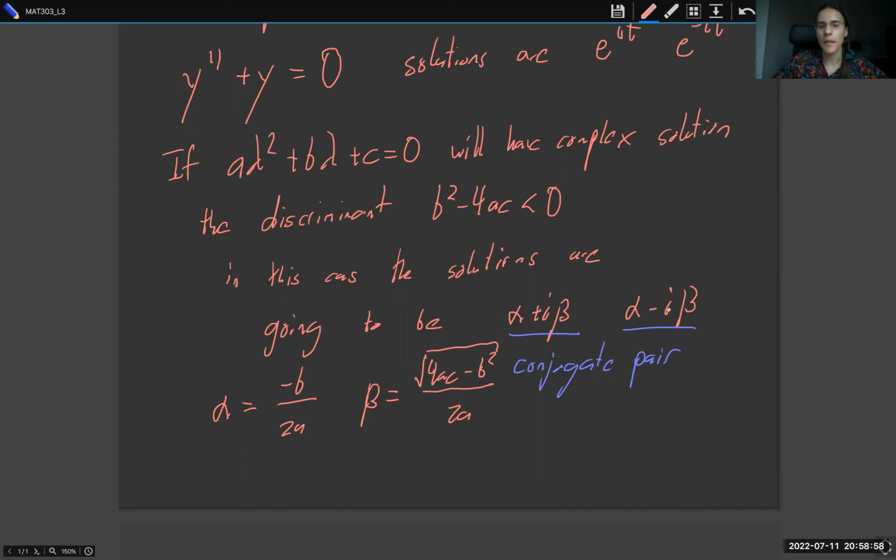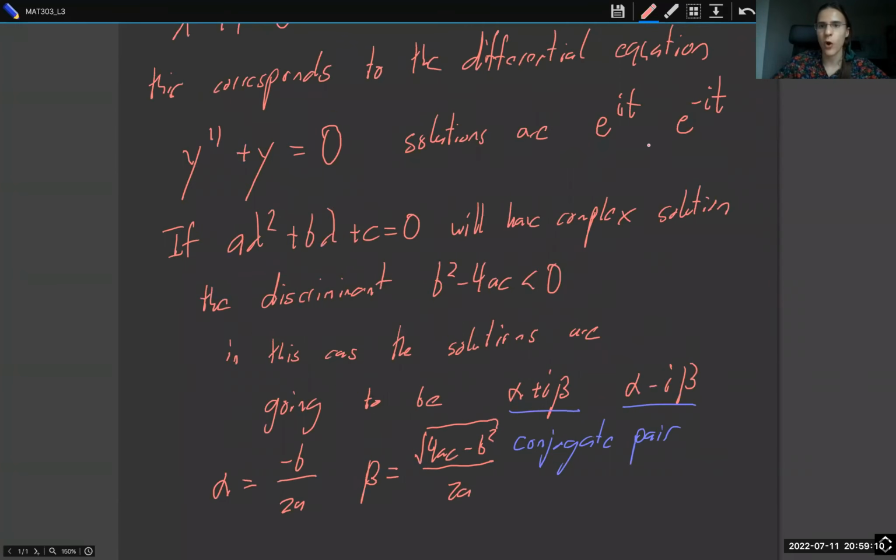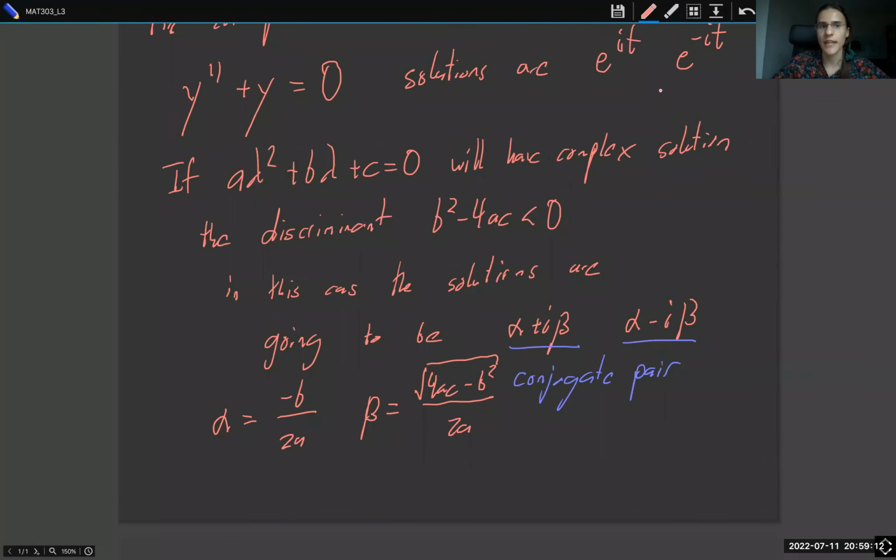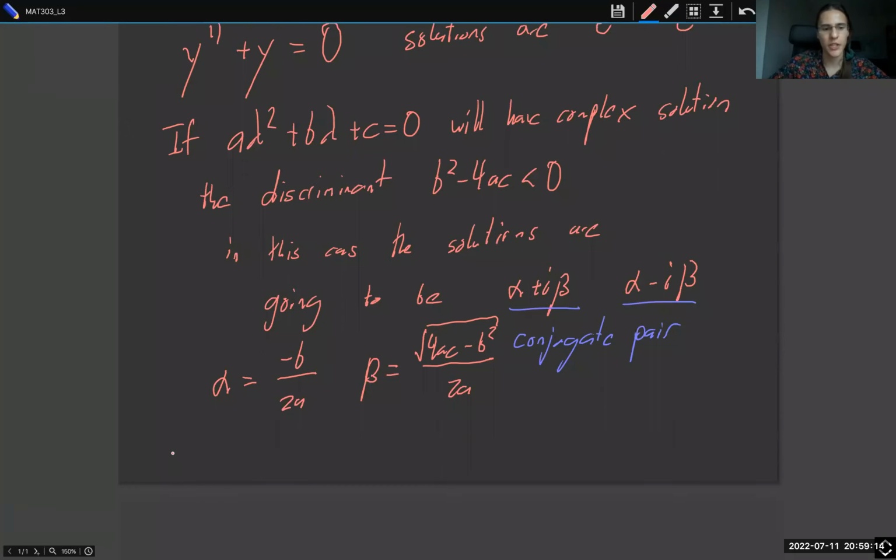So complex roots of real polynomials come in conjugate pairs, which is actually really interesting because then we're going to get something cool happening. Because then the solutions in general we discussed can be linear combinations of these solutions, right? So let's go back to our original equation, y prime prime plus y is equal to 0, and we got that the solutions